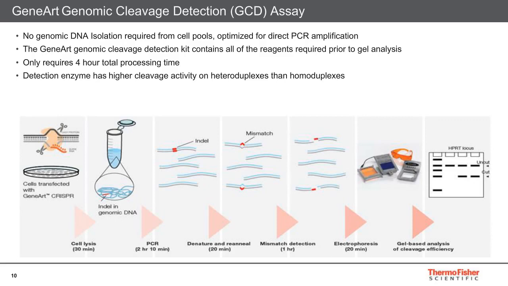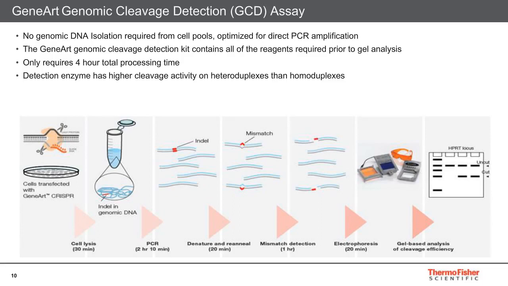Following this step, we can carry this DNA, or rather the PCR product, through a simple denaturation and renaturation cycle. Because of its random nature, this cycle will generate situations where one strand that contains an indel might get annealed with a different strand which may contain no indels, thereby making for these mismatched bubbles or mismatched heteroduplexes. This mismatched heteroduplex formation is very nicely detected by our detection enzyme mix provided in the kit,